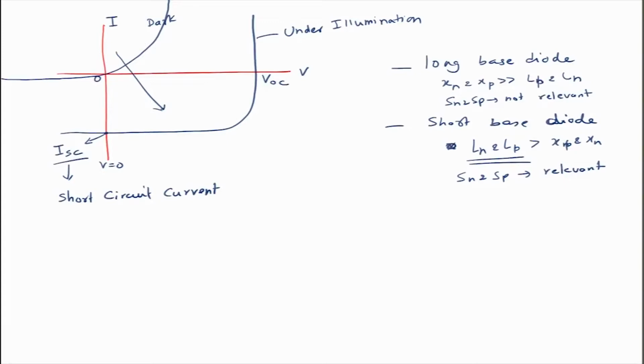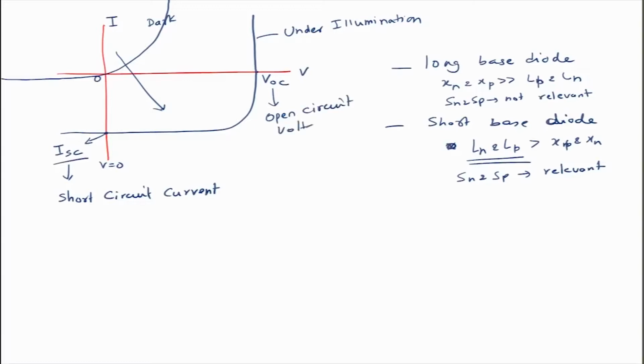So, we made these two approximations, and when you make these two approximations, your diode equations change a little bit. However, whatever the case is, if you plot the IV characteristics of the solar cell, they look like this. IV characteristics show a diode-like behavior in the dark, and this curve shifts to the fourth quadrant, giving you negative current at 0 bias, which is called the short circuit current. This short circuit current starts reducing slowly and gradually, and it becomes 0 when you reach a voltage called VOC, which is called the open